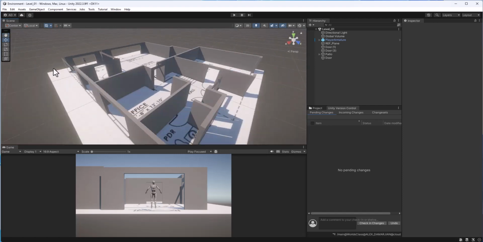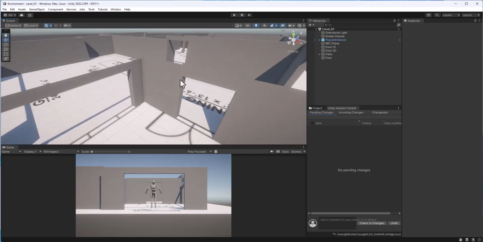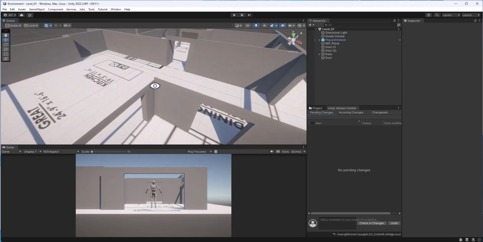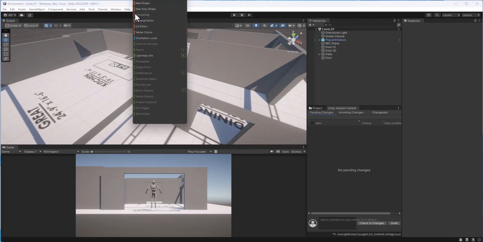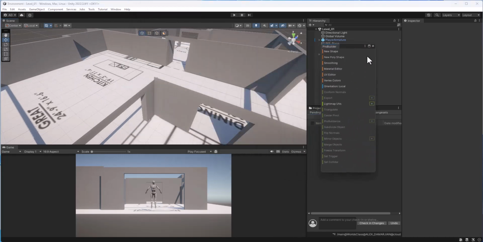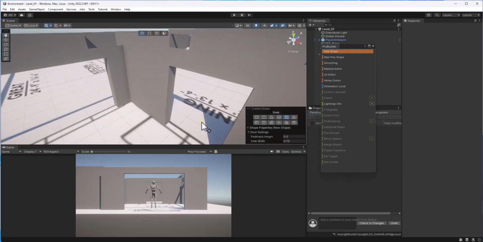All right, so we have our walls up, and what I want to do is start putting in doors. So we're going to go up to Tools, and then ProBuilder, and then ProBuilder window here. And what I'm going to do is go to New Shape, and just make a bunch of cubes. So you'll see that there's these different options, but the second one here is just the regular